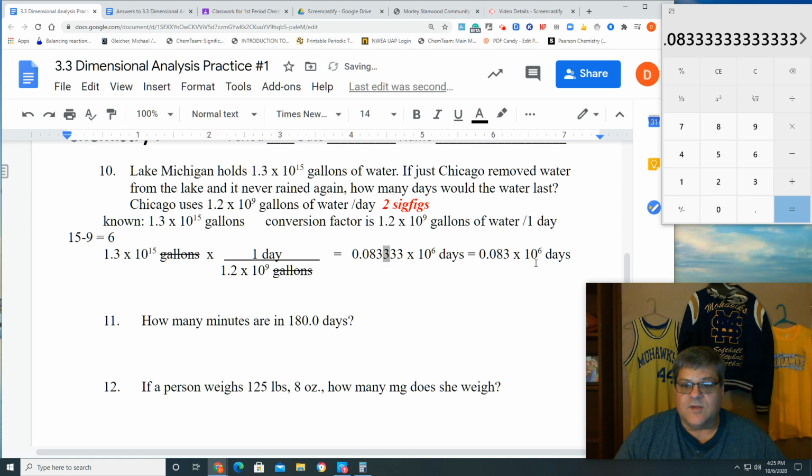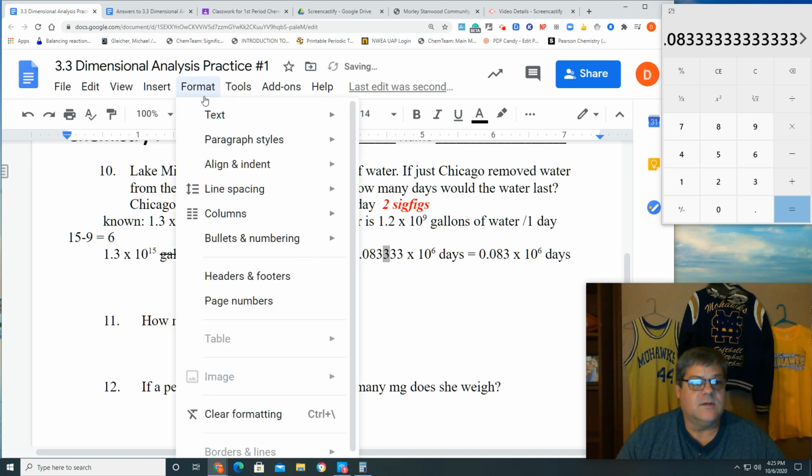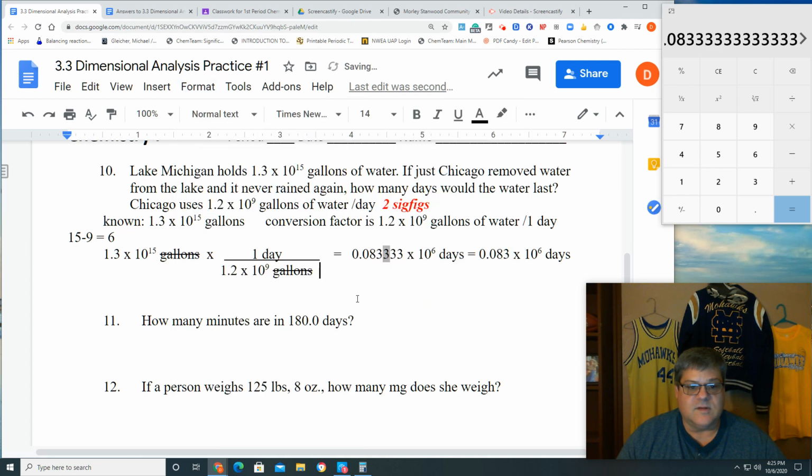Okay. So now we got to look at that, and is that written in correct scientific notation? No, it's not. So we're going to move the decimal from here to there. So I'm going to do that down here. Okay, so we're going to actually get rid of this because I know that's going to pop up. And so that's going to equal, when I move that over, I move that over here, making this number larger. That means I make this number smaller by the same number of places that I moved it over. So we're going to go 1, 2. That means I'm going to make this number smaller by 2. So we're going to end up with